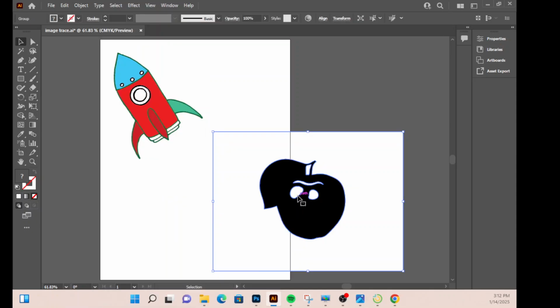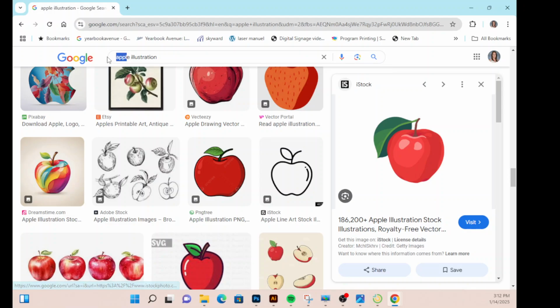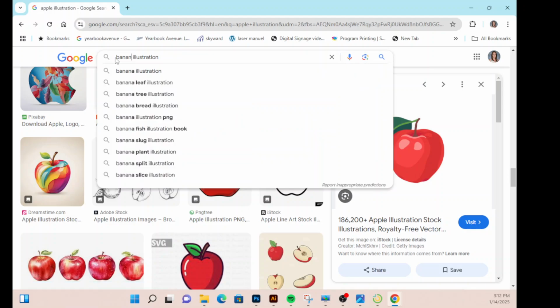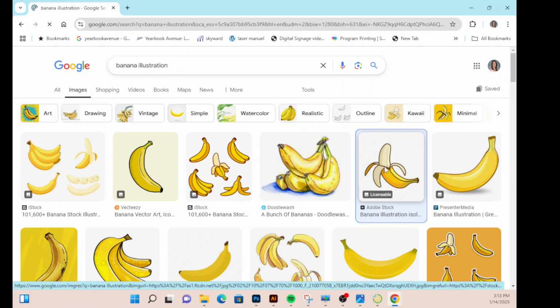So what I want you to do, I want you to just keep going back to the internet until you finally find one. You know what, if you don't want to do apple, if you want to do another fruit, maybe I'll try something else, let's try banana. So just a fruit, I don't care. Pick a fruit, any fruit